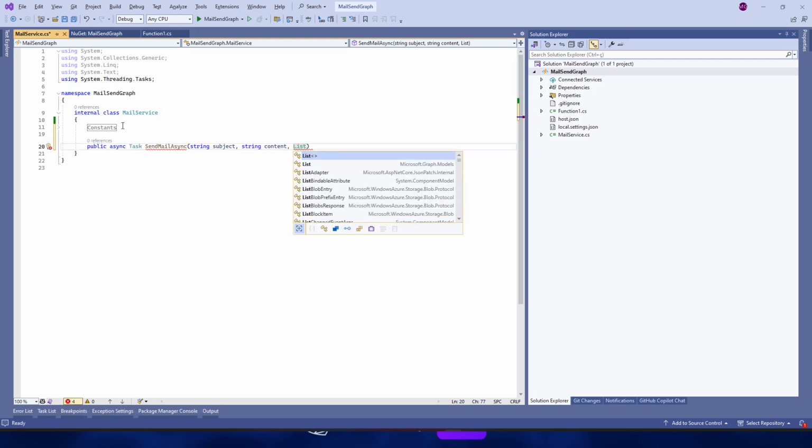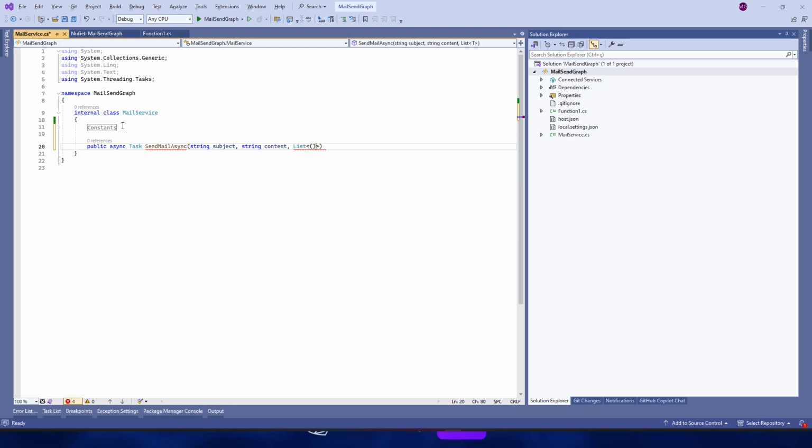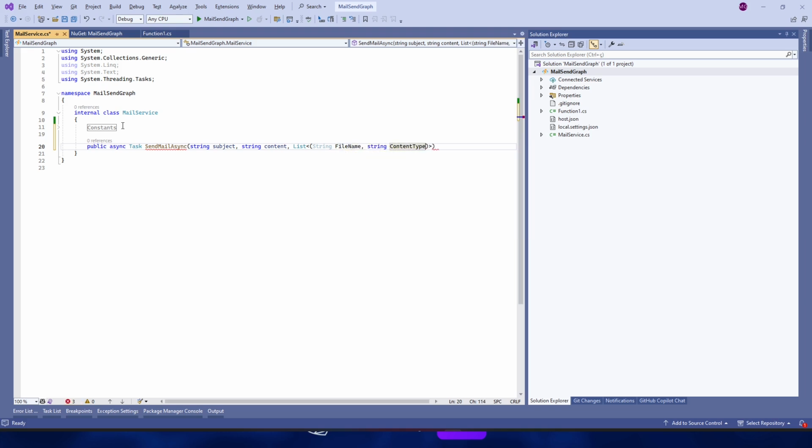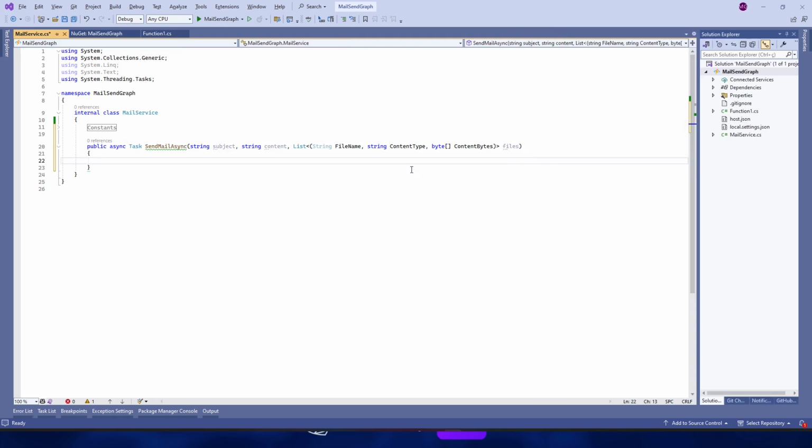And we can send the list of files to attach: List of string file name, string content type, byte[] content bytes, files.